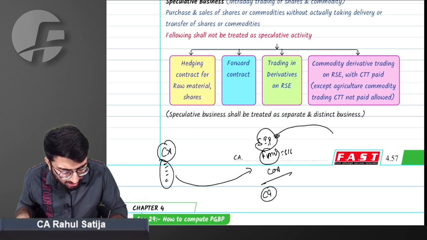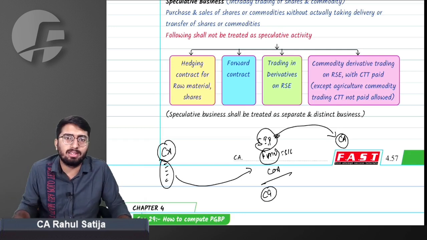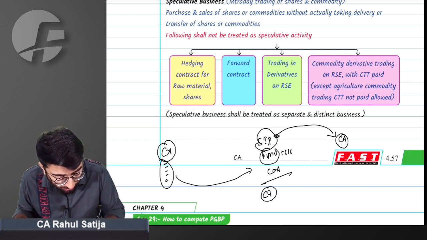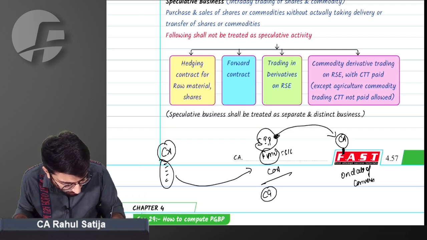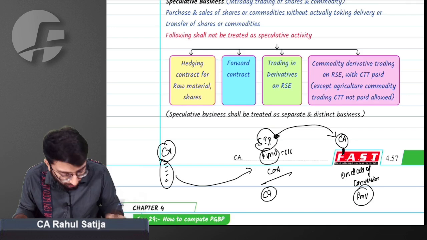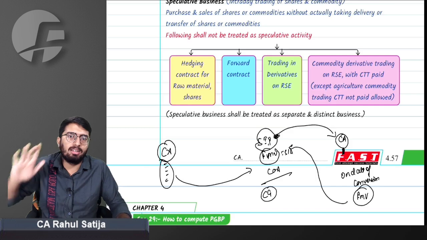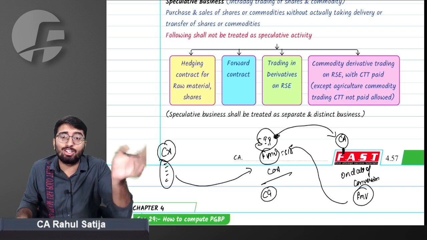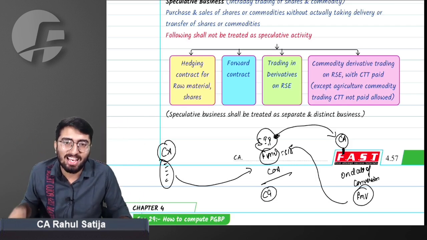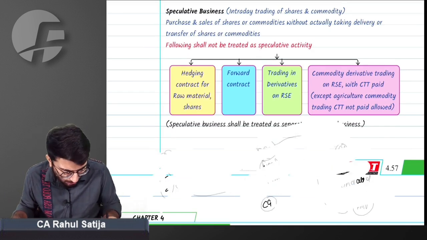What if I convert such stock in trade again to capital asset? Is it possible? I'm shutting down the business, so again it will be converted into capital asset. Then what does the provision say about conversion of stock in trade into capital asset on the date of conversion? On the date of conversion, FMV minus FMV on previous conversion will be taxable under the head PGBP. When stock in trade is converted into capital asset, FMV on the date of such conversion will be treated as PGBP income. Did you get this point or not? Yes, sir, we did understand. There is no issue in that.